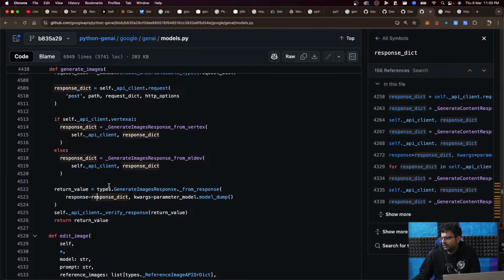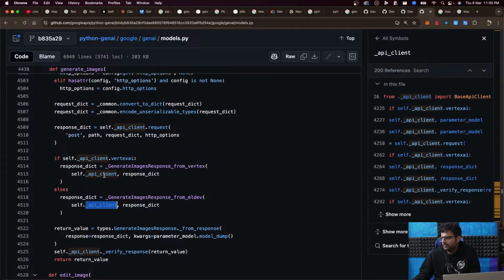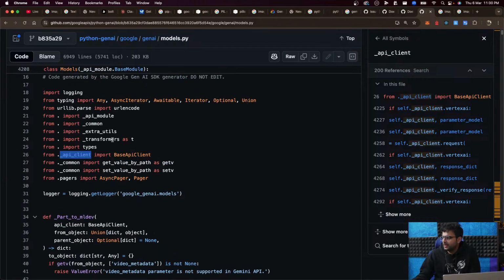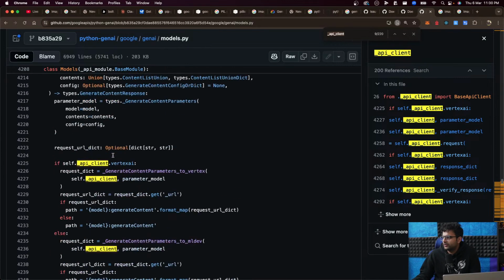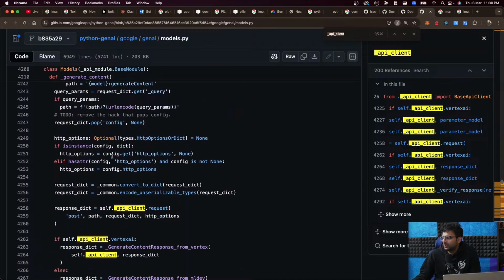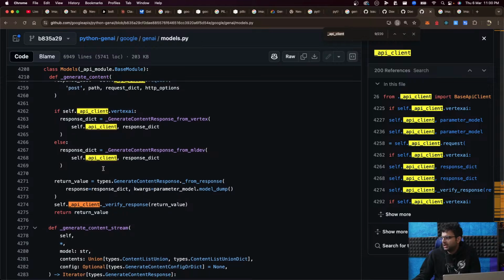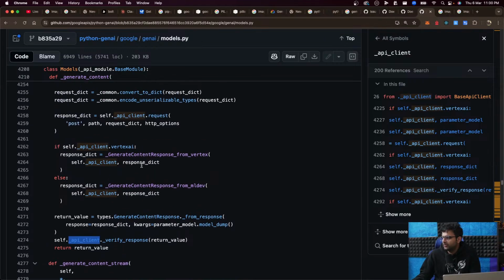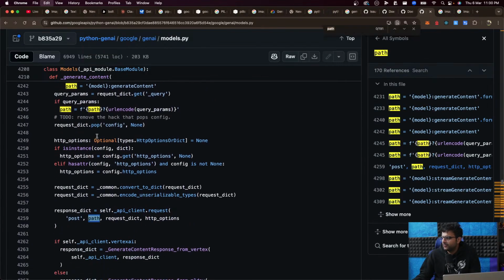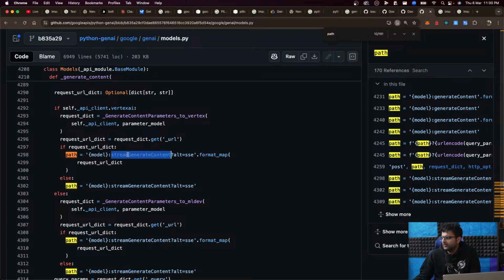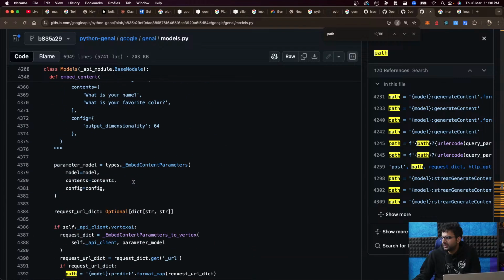Wait for it. Base API client from underscore. What function is this? This one's generate content. It looks like they're calling the same thing, response dictionary. Post path. Yeah, that looks fine. What is path again? Stream generate content. And what does it look like for generate images?